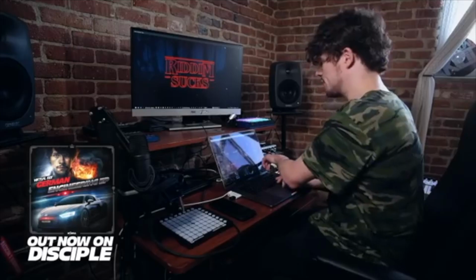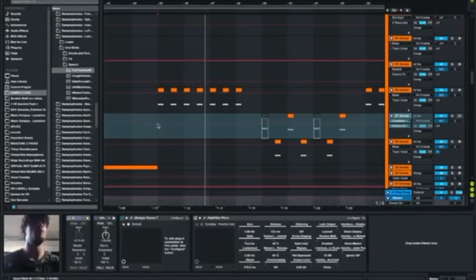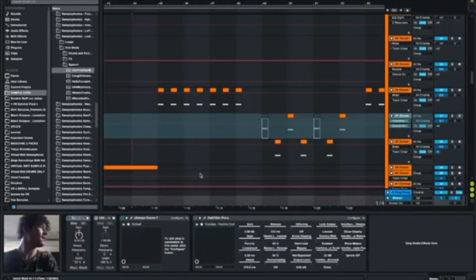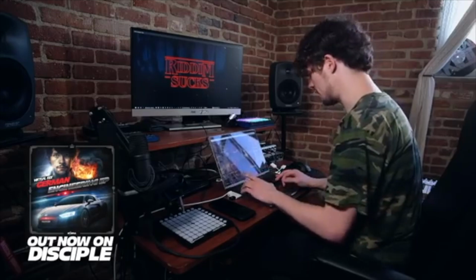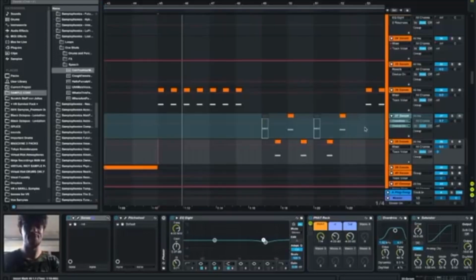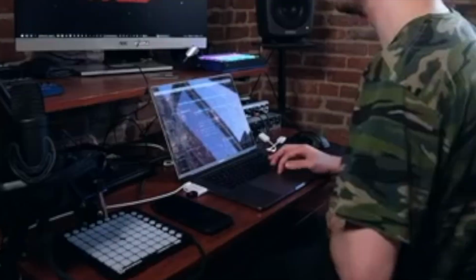As you can see, the master is clipping in the red. I've actually done a few unorthodox things here, where I mastered it with Ozone, but I'm deactivating a limiter that's on as soon as the drop hits. And then as you can see, the master clips at plus 14 for this.